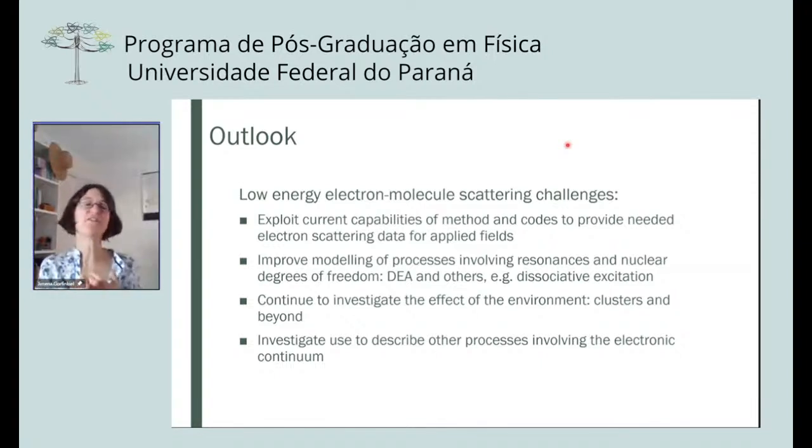Then again, the effect of the environment is something that needs to be studied a lot. And I mentioned this ISEC process. We have no experiments yet, but we're hoping that in the near future we might have some experimental results. And finally, I tried to give you a little flavor that once you spend time developing methodology and approaches like these, one should then try and exploit these to help with the modeling of other processes, of related processes in